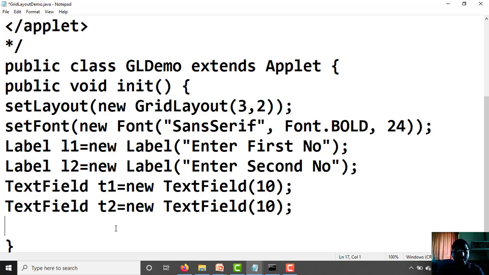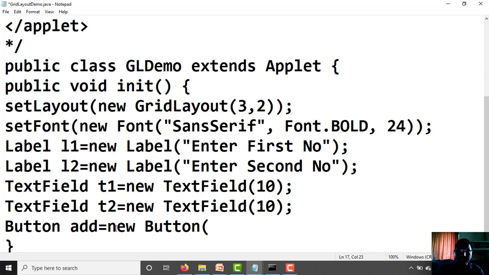Next, button add equal to new Button, "add".